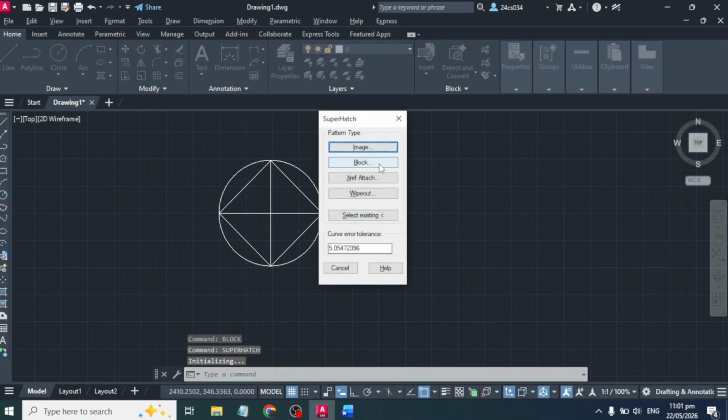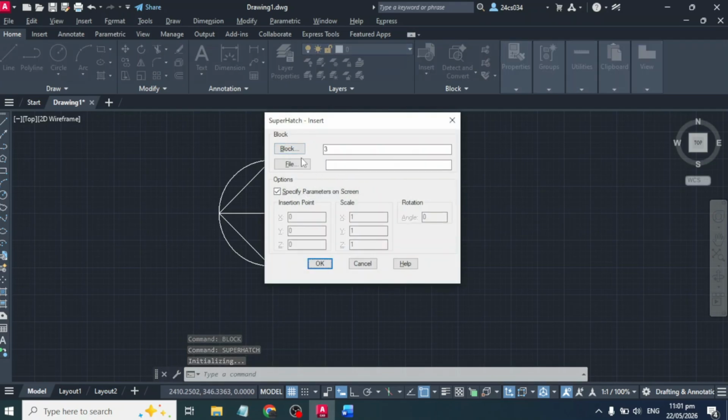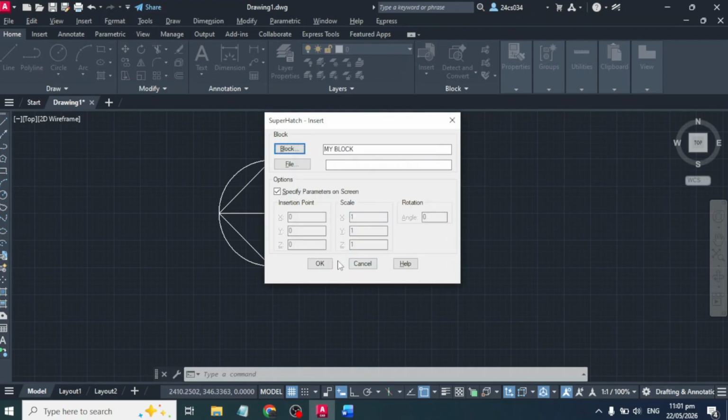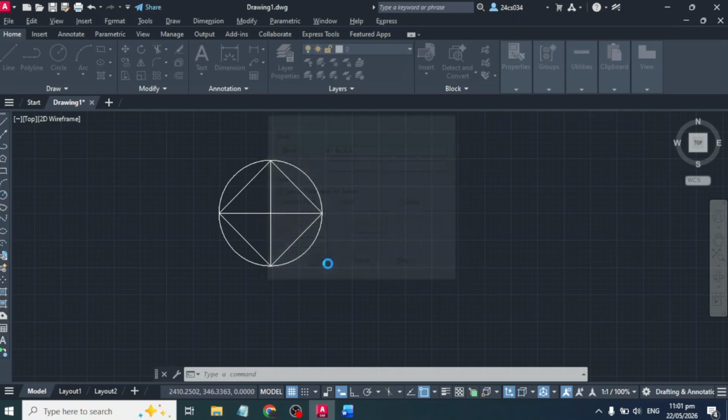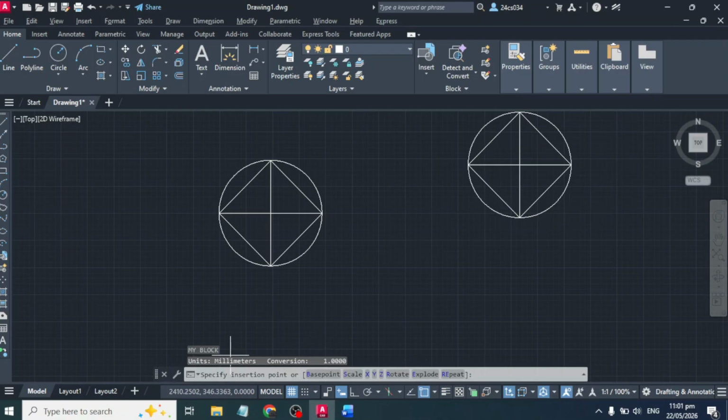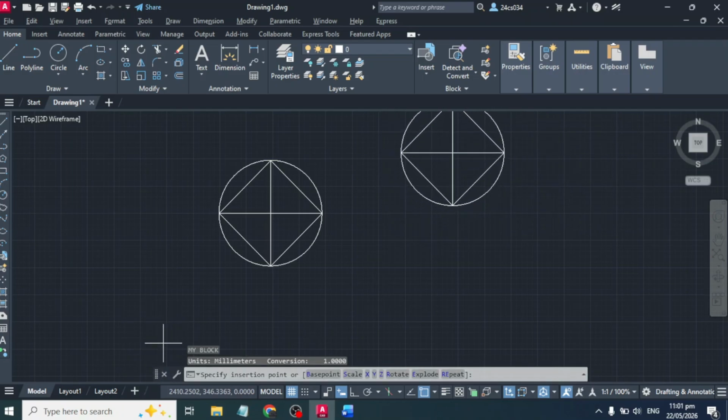Over here, when prompted, select the Block option and then choose the block you just created. After that, select the boundary where you want the hatch to appear and place it inside a rectangle carefully for proper alignment. Then keep pressing Enter to move through the setup options and leave the scale, rotation, and other settings as default. Over here, now click inside the area where you want the hatch to generate, and AutoCAD will instantly create